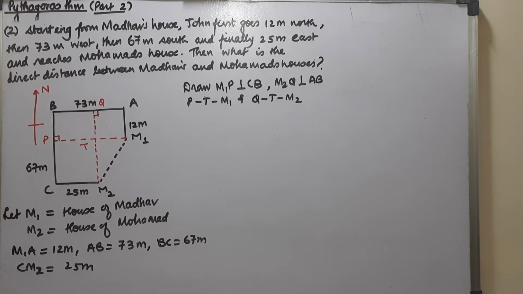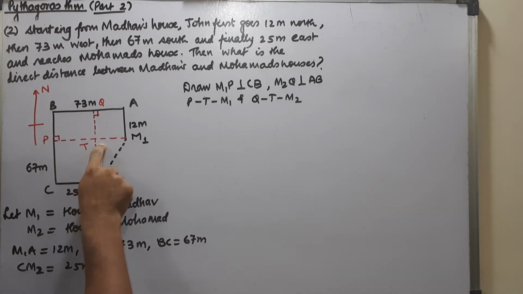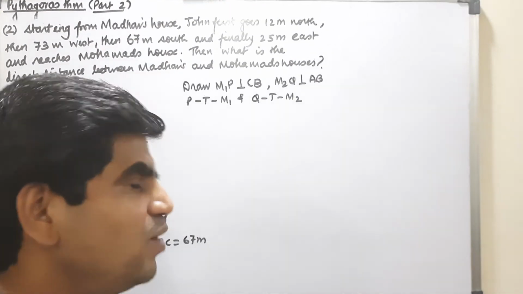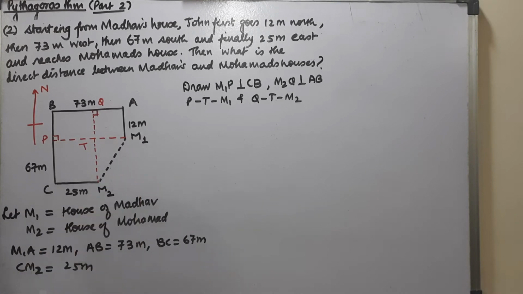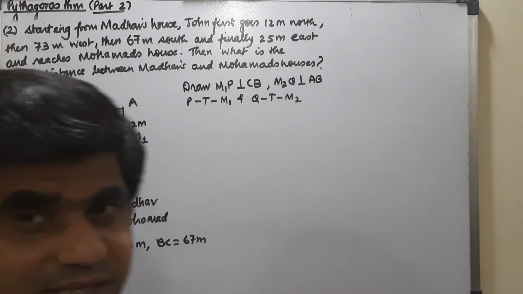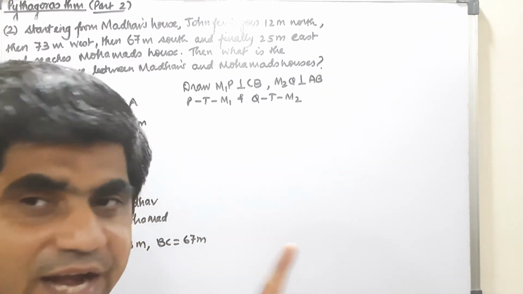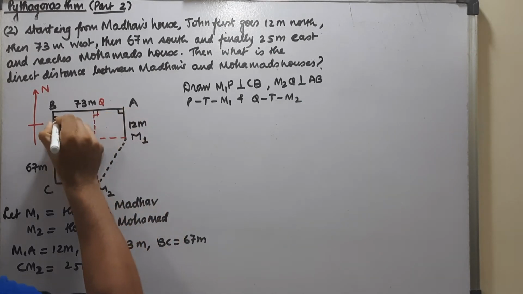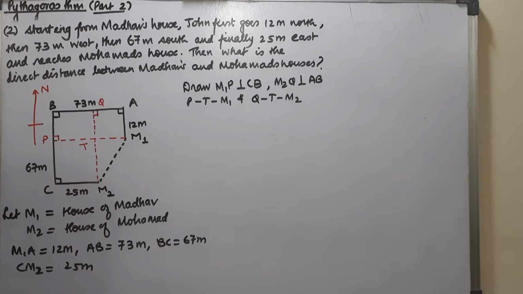So what is my plan over here? My plan is, I will see whether this is a right angle or not. If it is a right angle, I will see what could be the length of M2T and what could be the length of M1T. If I get them, so well and good. Obviously by using Pythagoras I can get this one. So first and foremost important thing is, he goes north, south, east and west. That means he is considered to be traveling straight. So obviously these will be perpendicular angles. Agreed? These are your perpendicular angles.